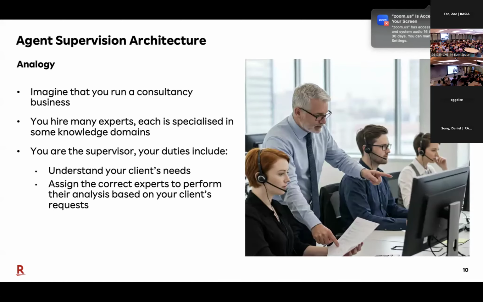Yeah, so what is this architecture about? Actually, it's quite similar to what Hannah just shared as the router chain. So basically, to understand it better, we use an analogy. Imagine you are running a consultancy business and you hire many experts, and each is specialized in some different